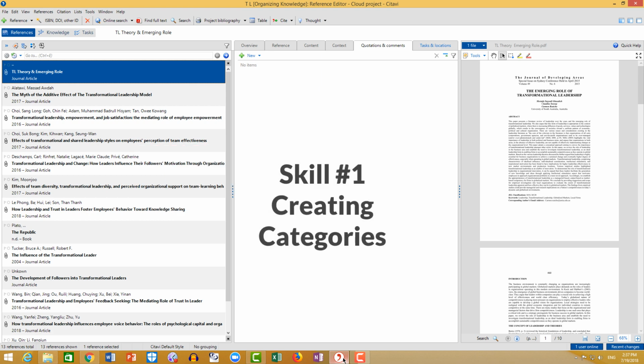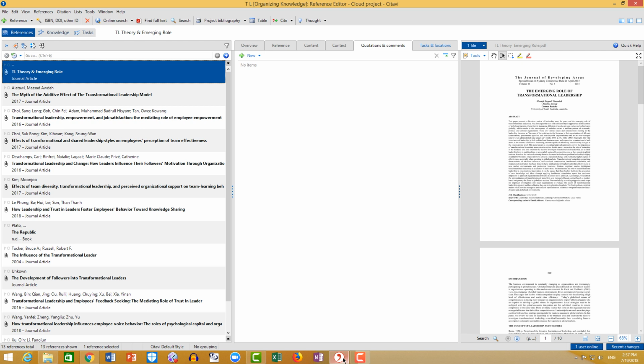Skill number 1, creating categories. A category system in Citavi can best be compared to the outline of a document or the table of contents